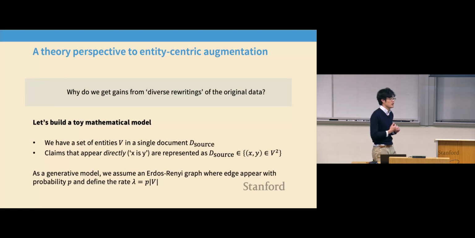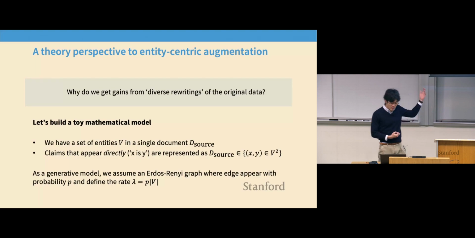So I think we need to think very carefully about what synthetic data is buying us, what it is not buying us. And so one of my students, Zitong, and Xuanping, who was a collaborator, sat down to try to think about what's the theory behind synthetic data here, or at least our synthetic data augmentation. And so why do we get gains from rewriting the same piece of data in many ways?